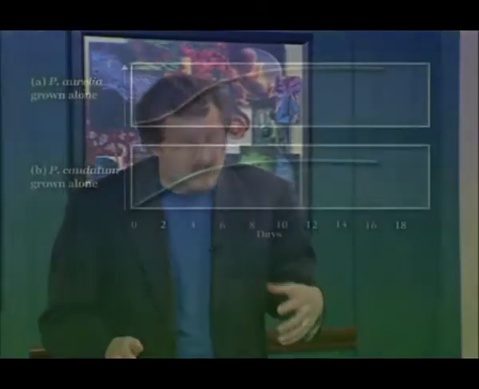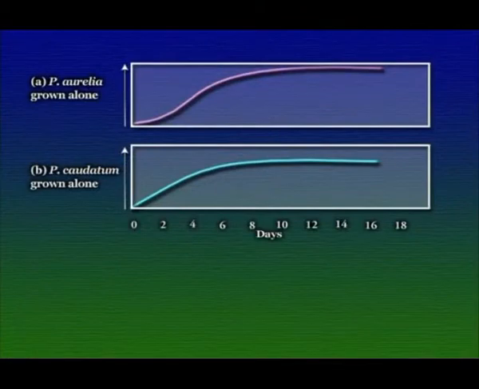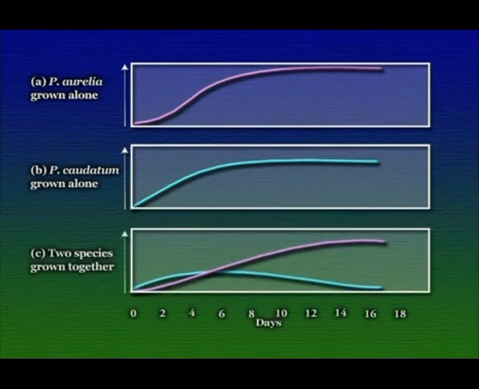As we saw a few lectures ago when we talked about logistic growth, a population of any species of paramecium grown in a test tube this way will fairly closely follow a logistic growth curve, eventually leveling off at some carrying capacity determined by the resources available in the test tube in which they're living. However, when Gauss added both Paramecium aurelia and Paramecium caudatum to the same test tube, he saw something very different.